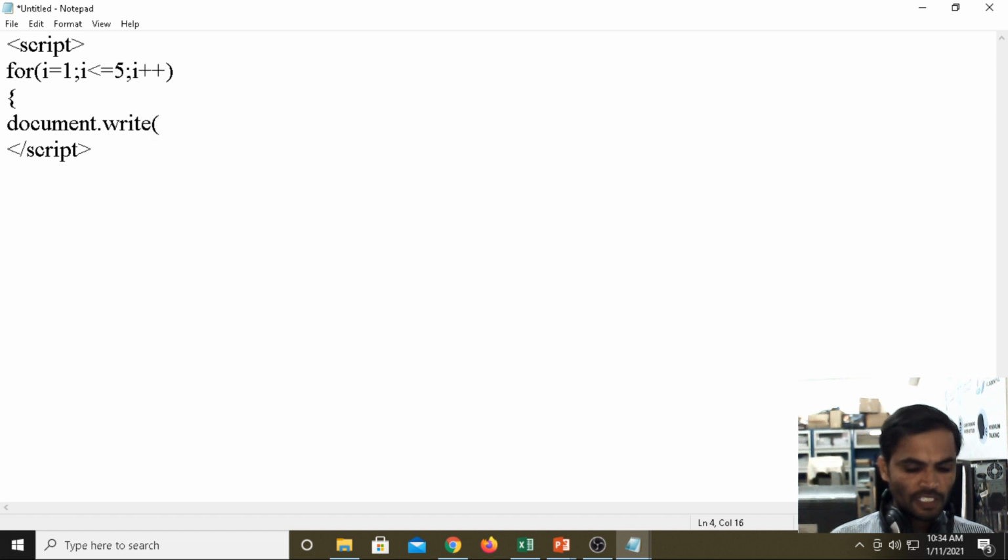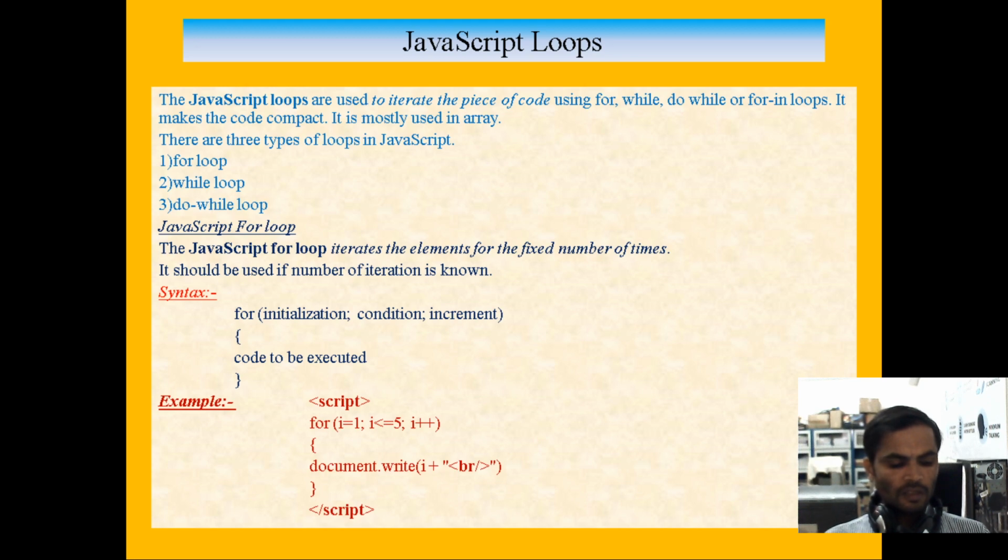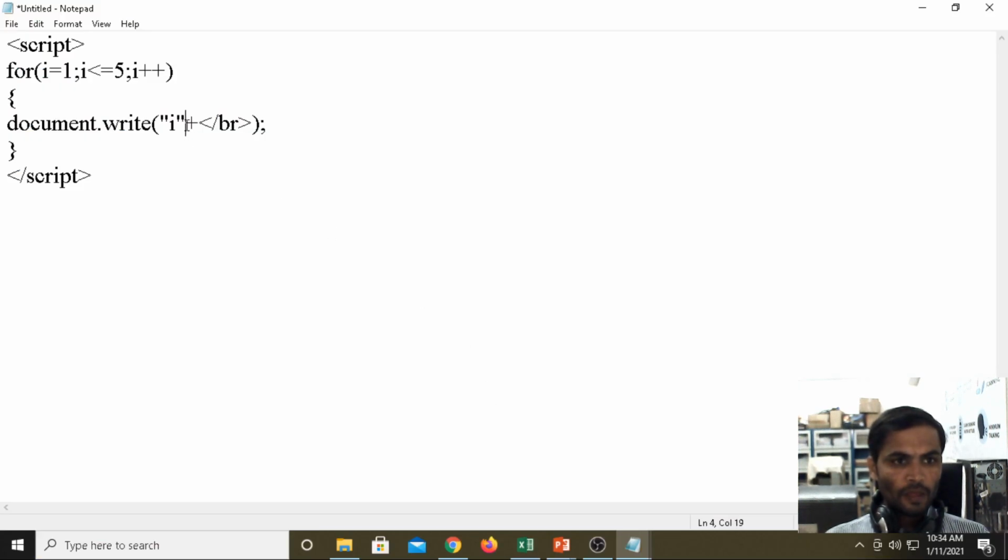Why we are writing it: for displaying the purpose. Then i, br tag, we are closing the br tag, then closing the for loop. For your understanding, here we display the value of i, and the br means every time, for 5 times, not for i.